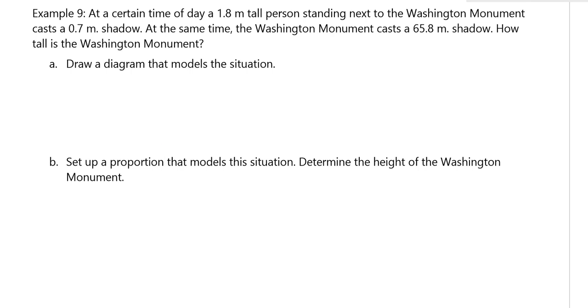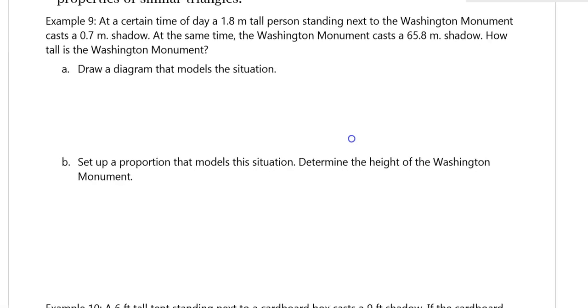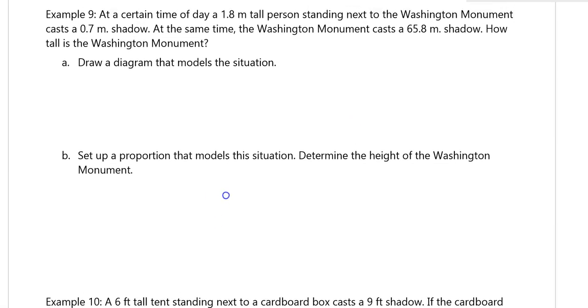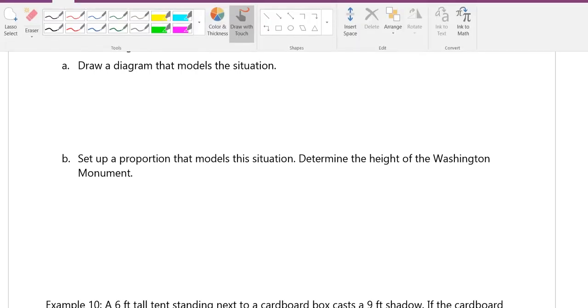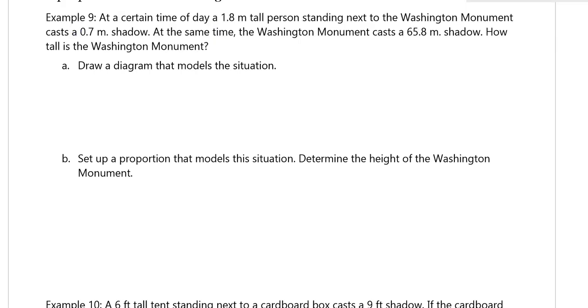At a certain time of day, a 1.8 meter tall person standing next to the Washington Monument casts a 0.7 meter shadow. At the same time, the Washington Monument casts a 65.8 meter shadow. How tall is the Washington Monument? Okay. So the first thing I'm going to do is just draw a diagram. I have a person and their shadows on the ground. Okay, I'm not going to draw something crazy even. Okay, and then I have this make-believe